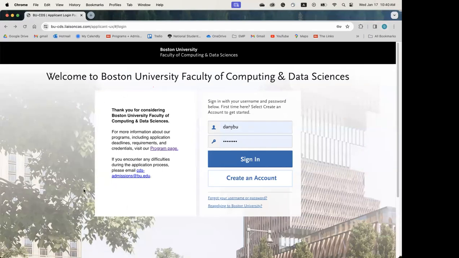And then this is a great page for you to check whether you're in the correct portal as well. Because at BU, we have over 10 colleges on campus, and each college has their own master's programs. So you don't want to end up at Metropolitan, right? You're applying to MS in Data Science for Boston University Faculty of Computing and Data Science. So this is a great way for you to confirm that you're at the correct application portal, because we cannot